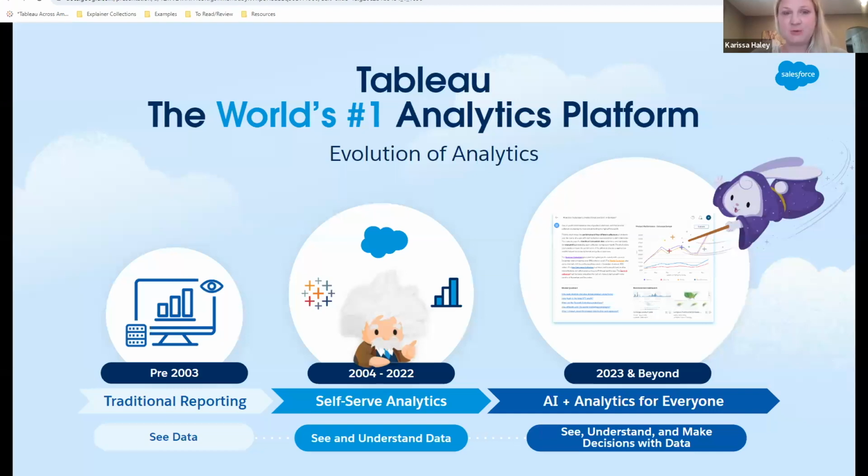Pre-2003, there's always been that traditional reporting of taking analytics out of one system, looking at something based off of what maybe one database is telling you, or maybe what one spreadsheet was telling you. Just looking at that, making it very report centric here.